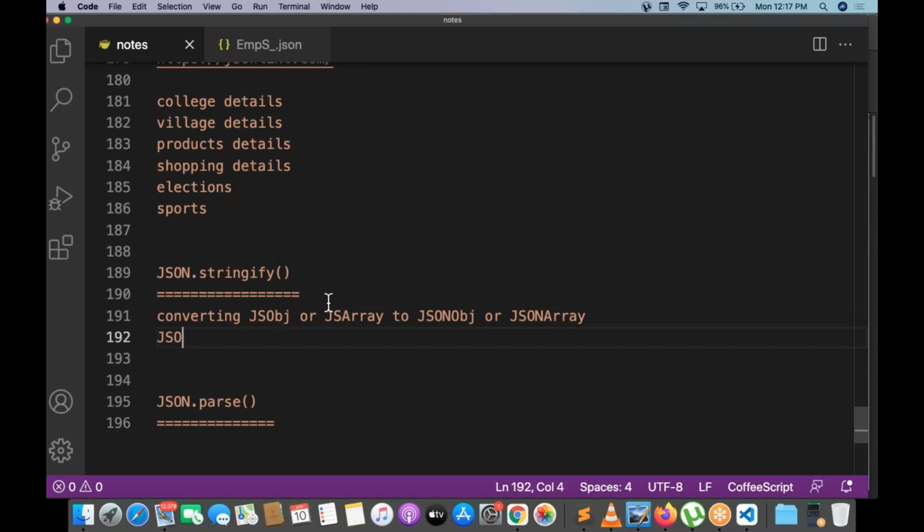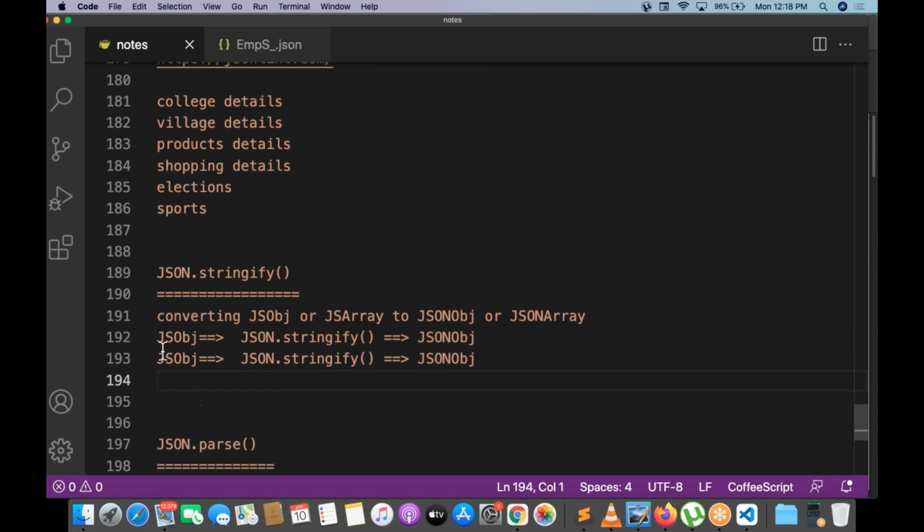Suppose you have a JS object, and it is going to be converted by a method called JSON.stringify in between. JSON.stringify converts that into a JSON object, yes or no? And the same thing, a JS array converts into a JSON array.